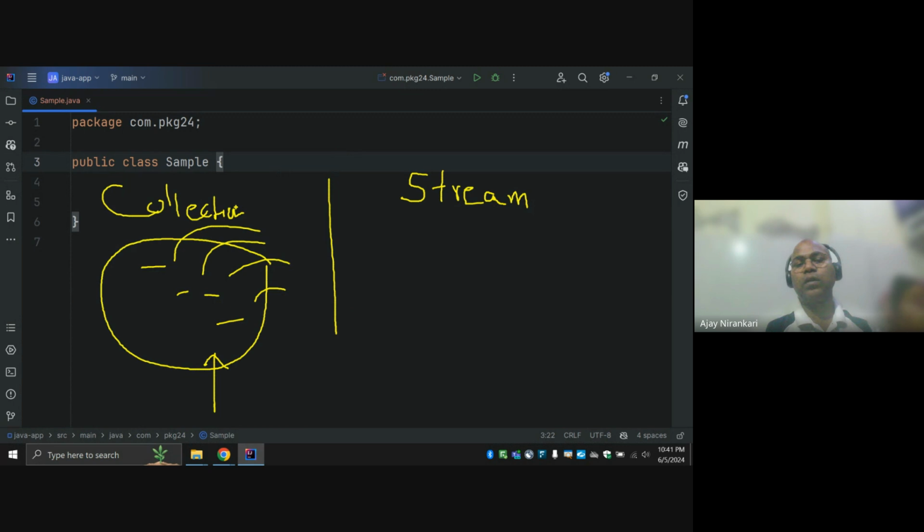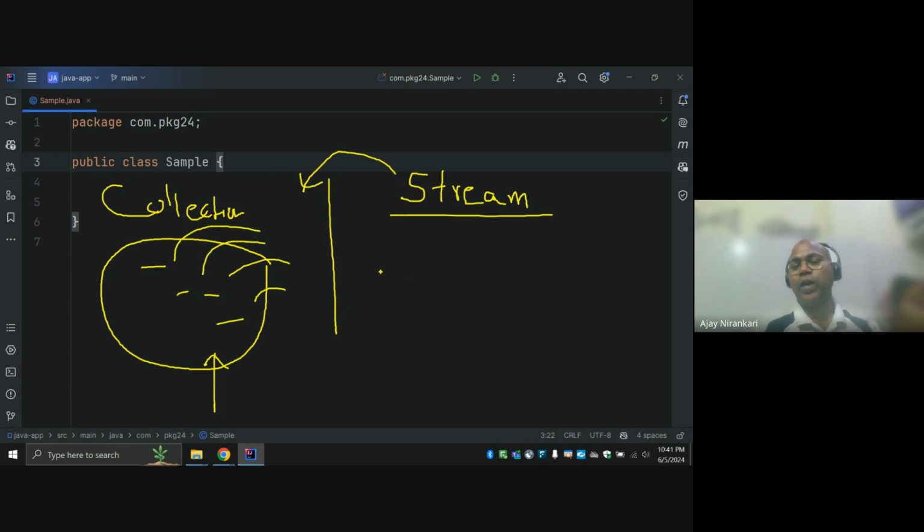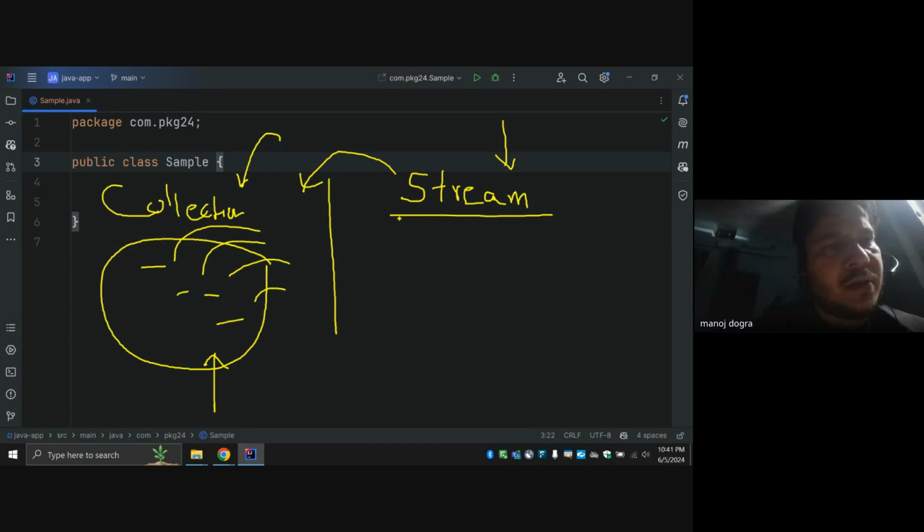A stream is not like a collection. A stream is not a collection. It does not require any kind of storing of elements. These are not data structures. A collection is the data structure; it allows you to store elements and after that get them. But the stream API is just a